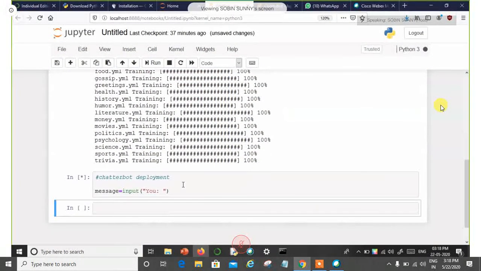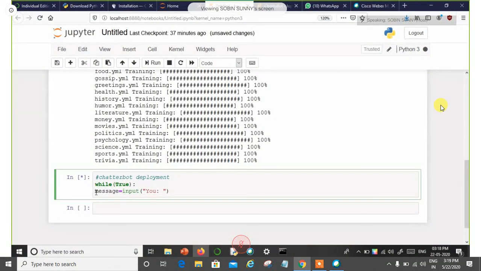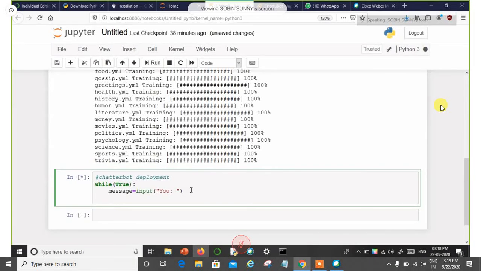I shall just rectify that. The next step, I already told you that it is going to be an infinite procedure, right? So while true, and also don't forget to indent this line, because it will throw you an indentation error if you don't indent that line. While true, message equal to input.